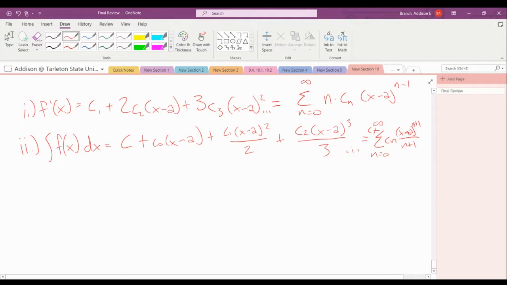The reason why we talk about this is so we can manipulate other functions to turn them into power series. Sometimes we can integrate a function and then turn that into a power series, but the thing is we've integrated that function, so to get back to the original, we'd have to differentiate our power series. Or let's say you differentiate something to get to a power series. Well, that power series is of the derivative of your initial function, so you'd have to integrate to get back to the original. So just as a quick example,